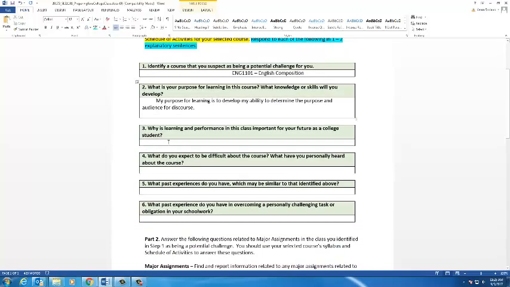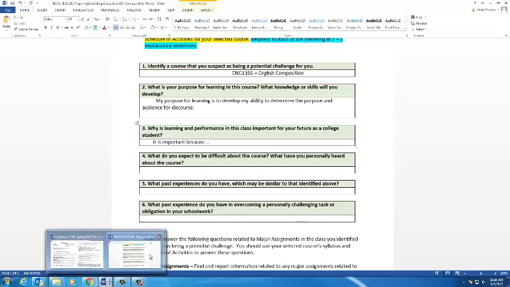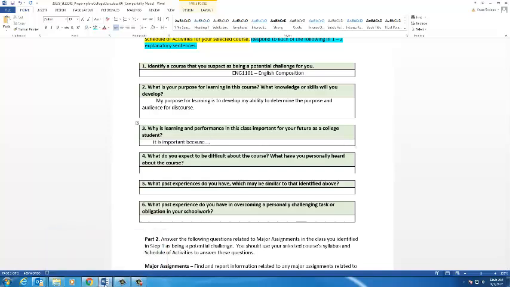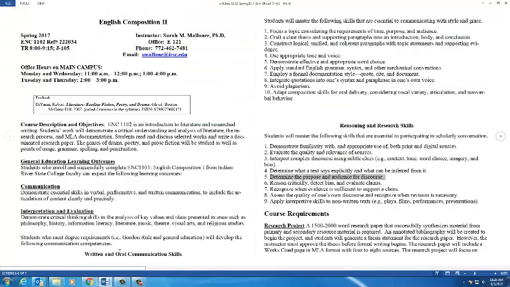Why is learning and performance in this class important for your future as a college student? It is important because I want to become a journalism major, and as a journalism major, I will be required to do a lot of written and oral communication. A course like English composition will help me develop those skills, but specifically, and you can again tie back to some of the skills outlined here,